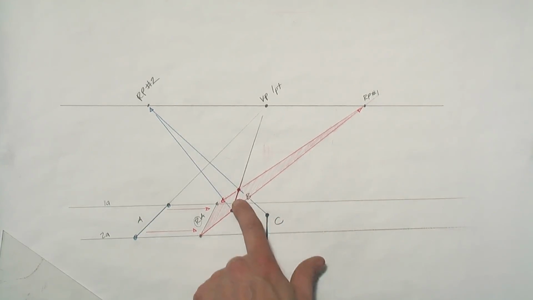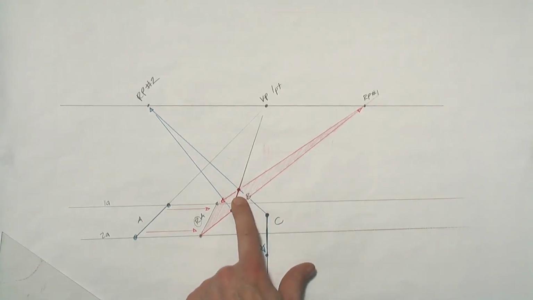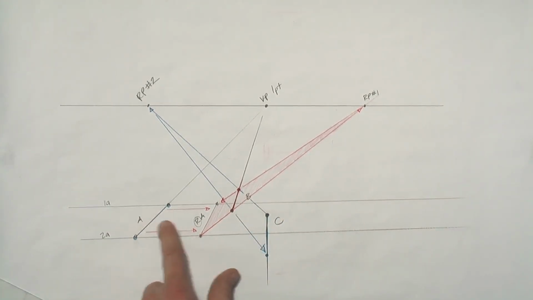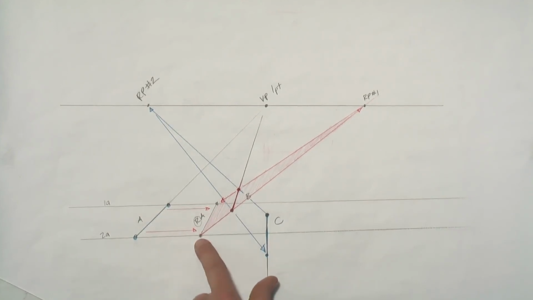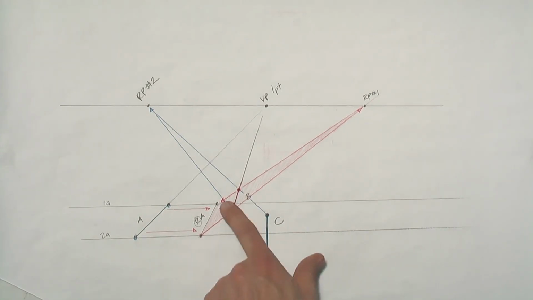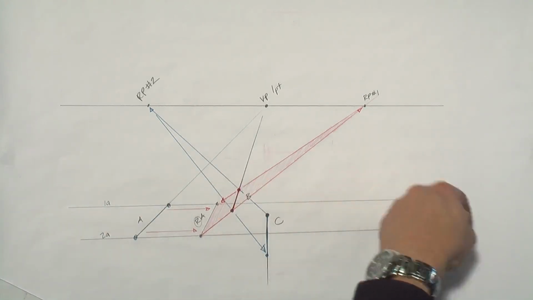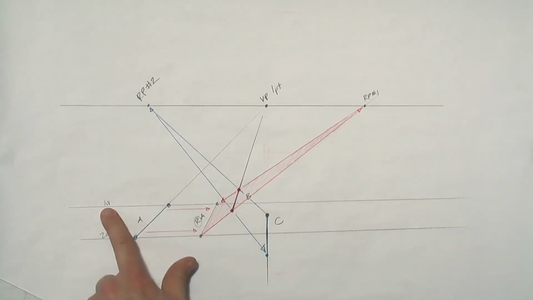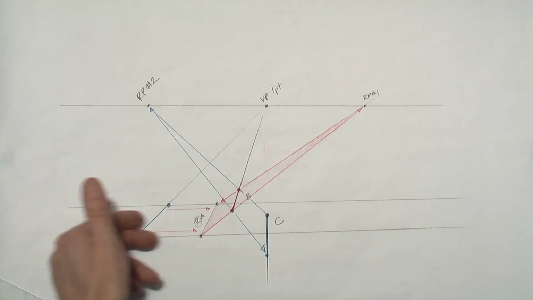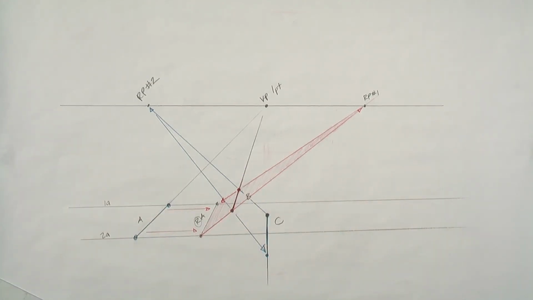So C was referenced from B, and B was referenced from A being shifted over as reference A. So reference A we actually referenced B from, but it was originally A shifted over straight on the picture plane to represent kind of a ghost or a phantom of itself. But we can do that because we can imagine all these pipes laid out like this on that reference plane. So 2A and 1A represent a reference plane we originally put in. So now we've had C,